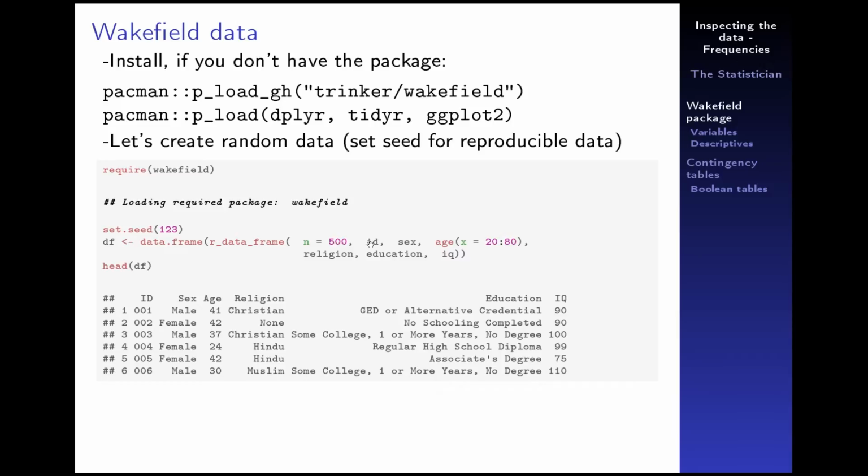Then I will have an ID variable and sex, and then the age that has a range from 20 to 80, and then two categorical variables, religion and education, and lastly I will have an IQ variable, and the mean is well known, 100, and standard deviation is 10. Okay,